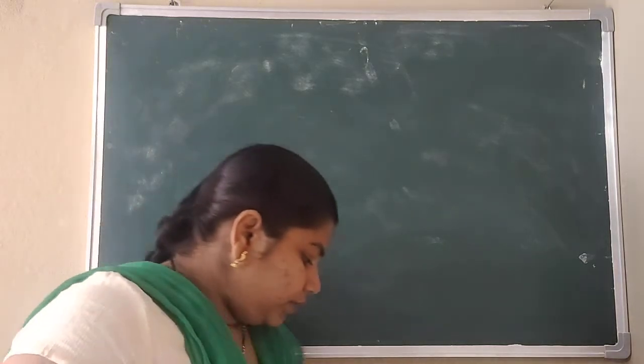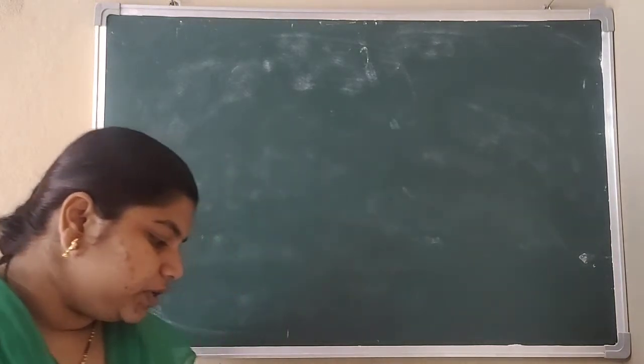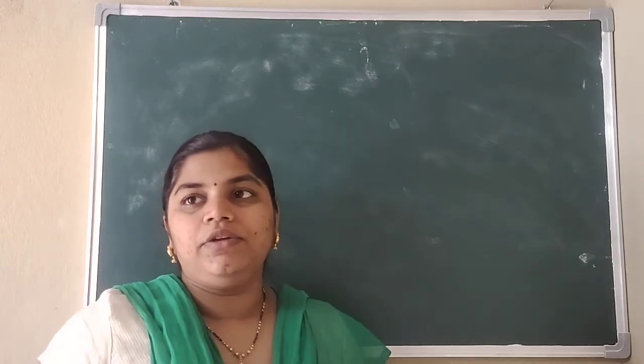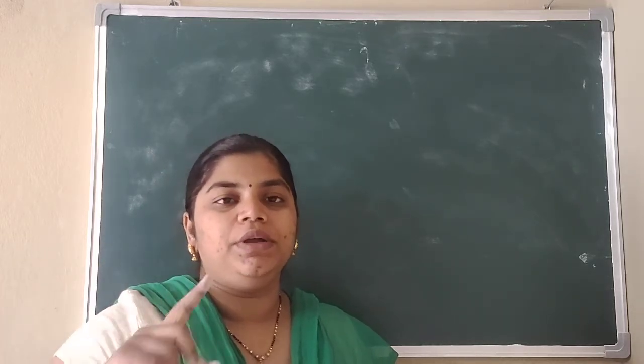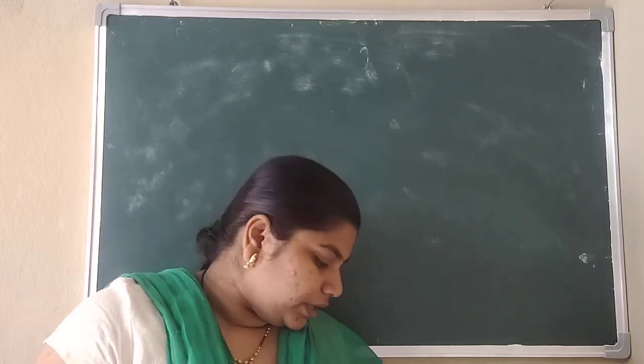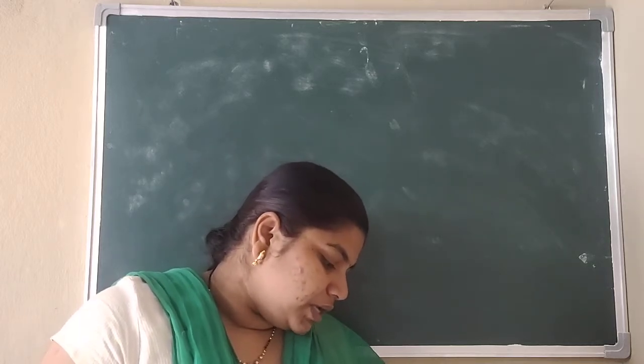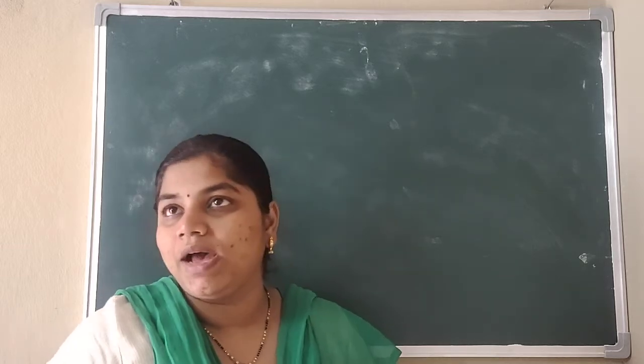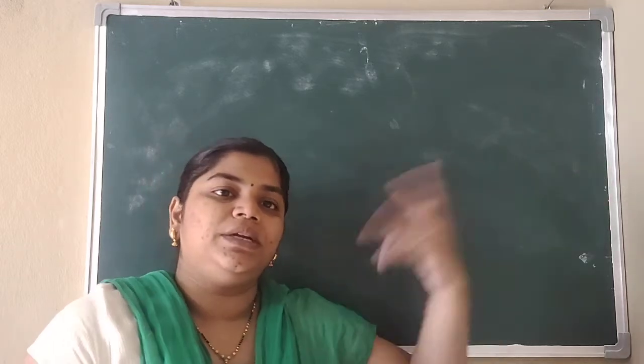So next one, the distance around a rectangular field is 400 meters. So what is the distance around a rectangular field? Around is nothing but the perimeter. So what is the distance of that? That will be 400 meters. The length of the field is 26 meters more than its breadth. So length value is 26 more than its breadth it seems.